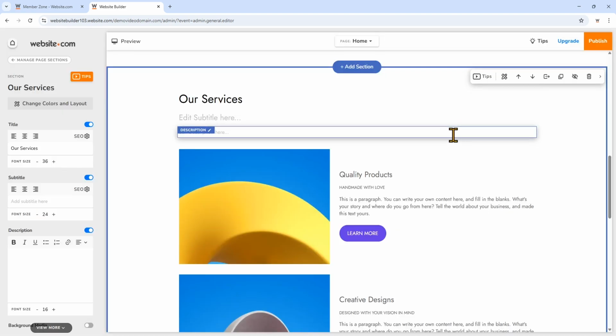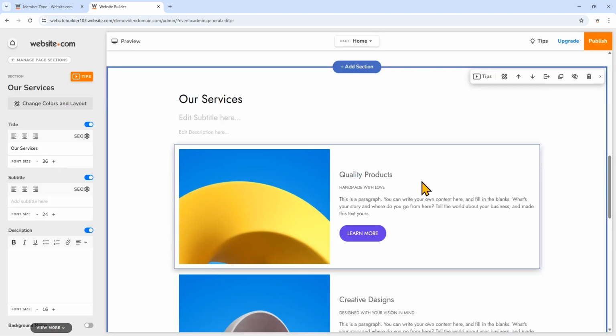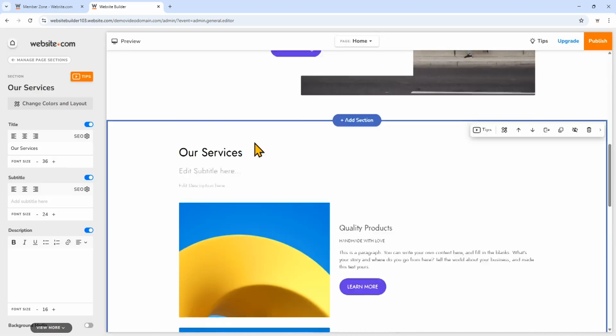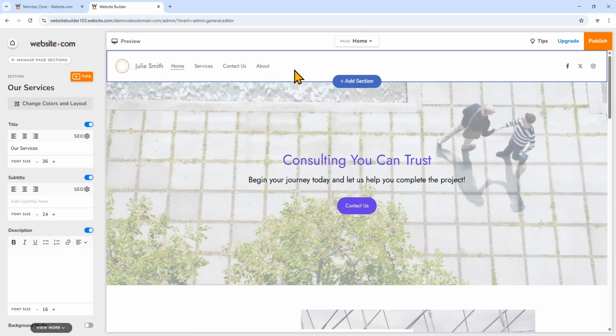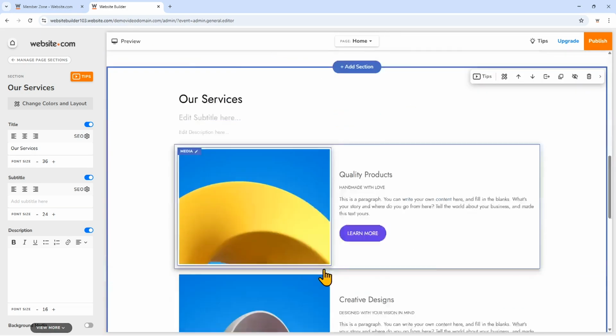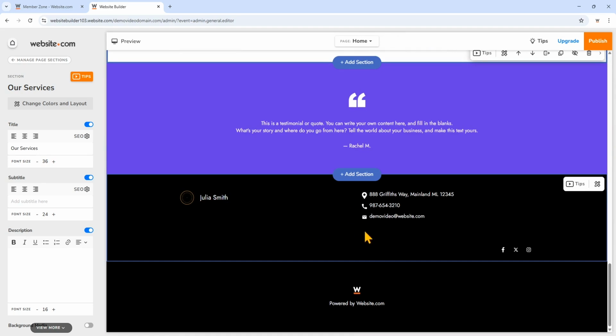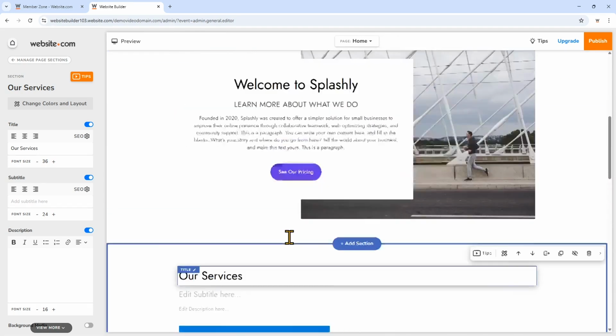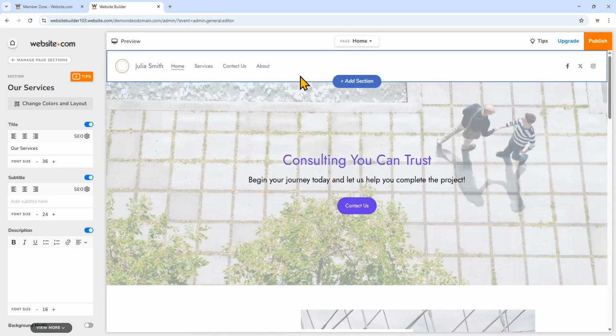So after you've updated all the items on your page, I want to show you that you can edit the header and footer on the website. So that's the very top section and the very bottom section. The header and the footer are global for your website, which means whatever changes you make for them will be the same for the header and footer across your entire website.